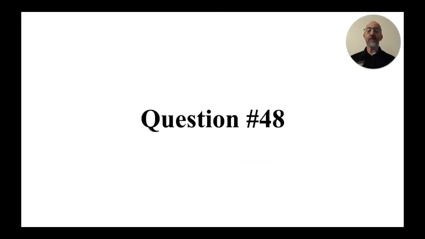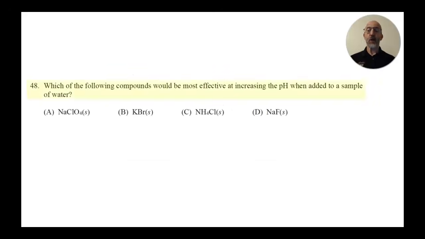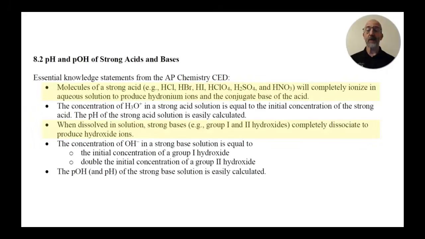In question 48, it says, which of the following compounds would be most effective at increasing the pH when added to a sample of water? Now, before I look at the details of these 4 chemical formulas, I'd like to show you topic 8.2. And I'm looking specifically at the examples of these strong acids that you should memorize for the AP Chemistry exam. And those strong acids include HCl, HBr, HI,